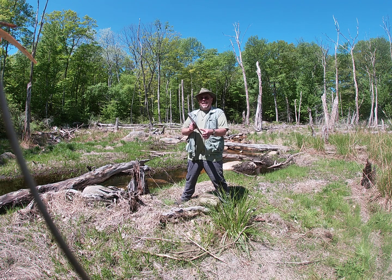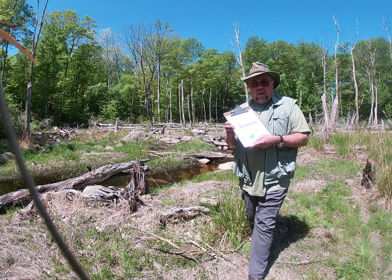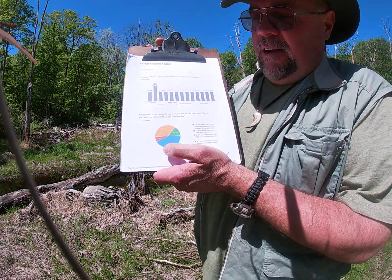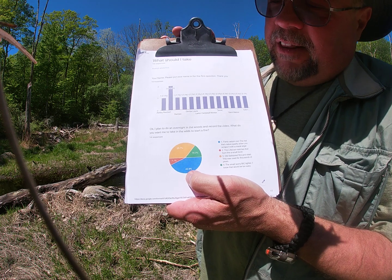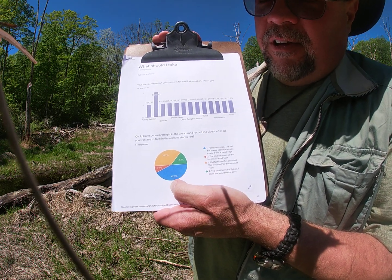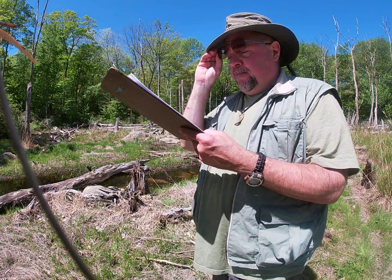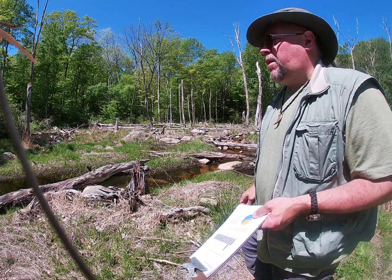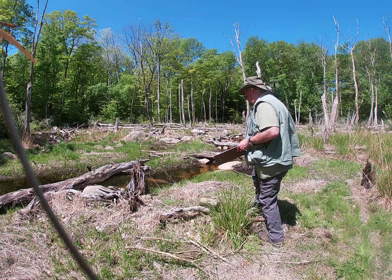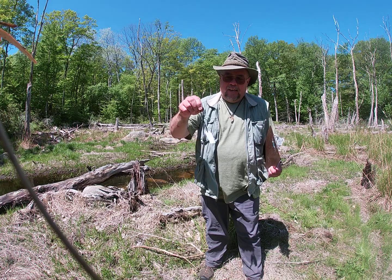Now, what's kind of neat about this is that, I don't know if you can see it, you can see the nice pie chart that this Google form makes. And according to this, the majority of people, 42.9%, said ferrocerium rod. So on that little overnight, I'm taking the